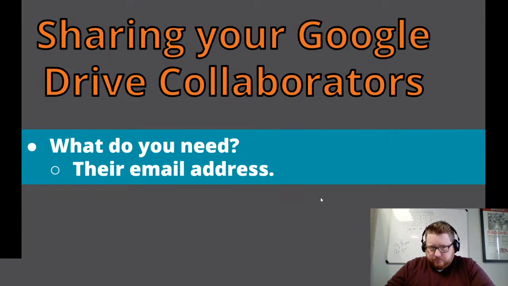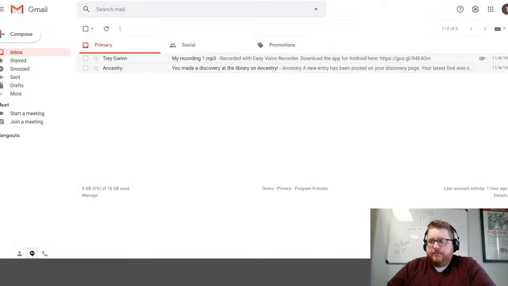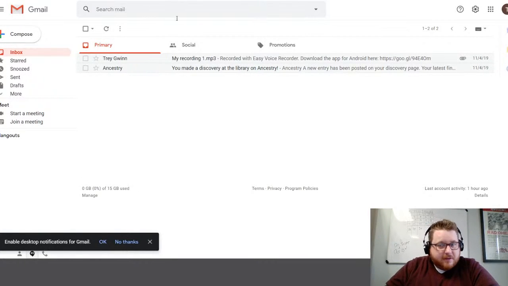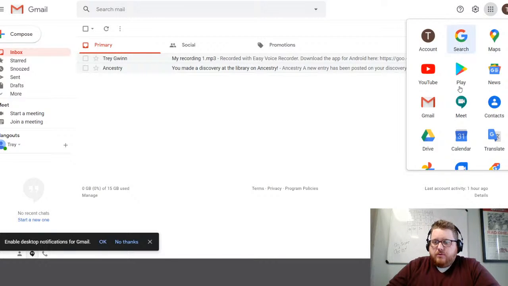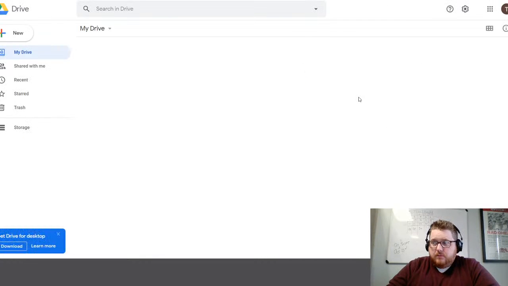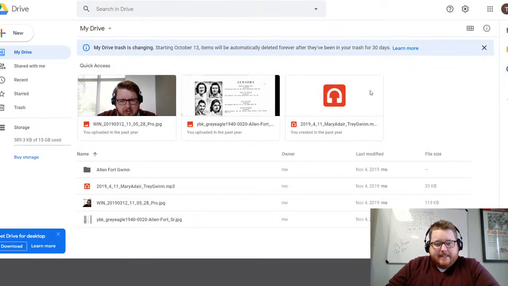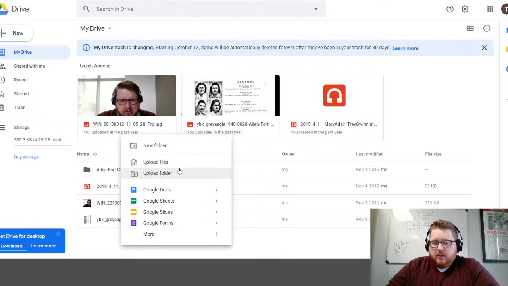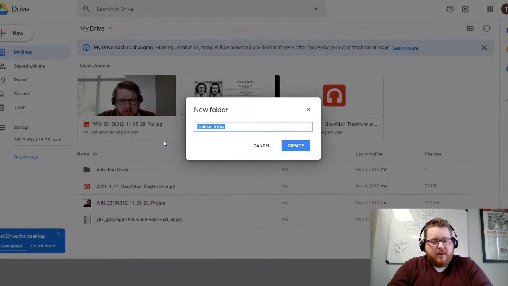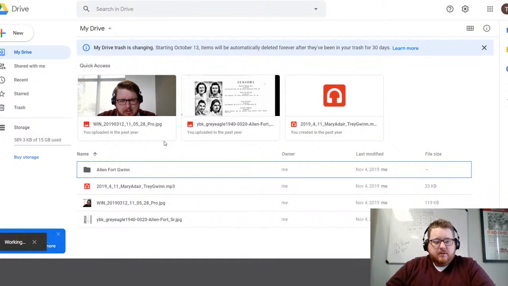So, for example, here's gwidfamilyhistory@gmail.com, right? If I go to the little dots over here and click on that and go to Drive, it'll open up this drive for me. Then I'm going to make a new folder, family history, and save.